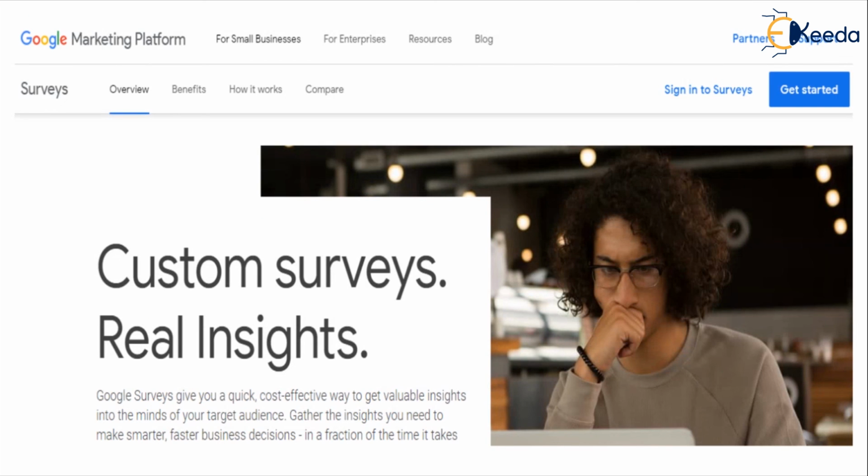Then they also have other services which are available mostly for small businesses and enterprises, and they have additional resources available. And for these also, you need to sign in and then get started. You have to create an account, and once again, these are tools that they're offering to you for free. But once again, you can only access the free tools if you are a member of the website or the app, or if you are a registered user. So all the company is asking you is to be an active user, have an account, and you get to use their tools for free.